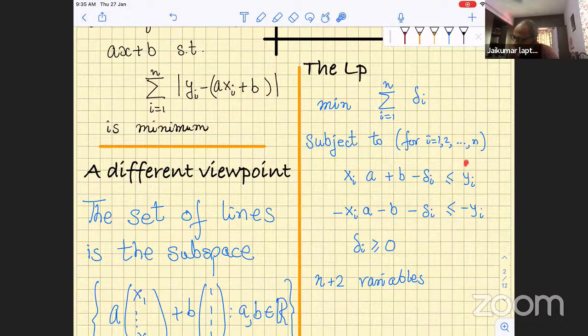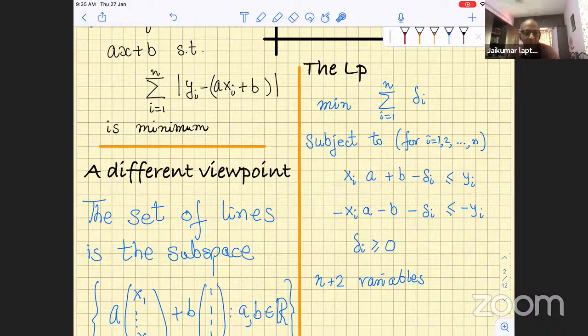I have just moved the delta i from the right to the left and put the yi's on the right. Notice that these yi's here are actually things that are given to us from the problem. The things that we are trying to find are the A's and B's. That's why I have somewhat perversely written the xi's as the coefficients and the A's and B's and deltas as